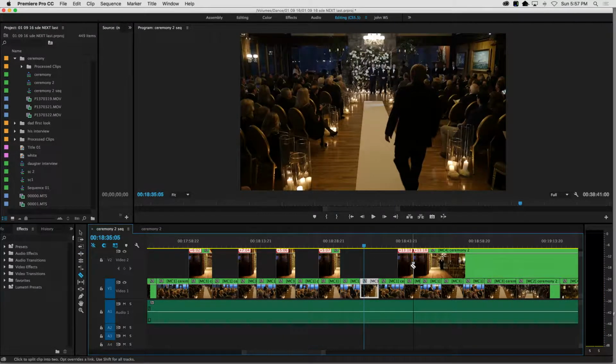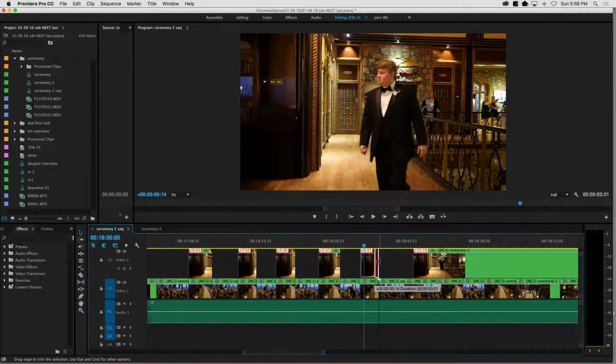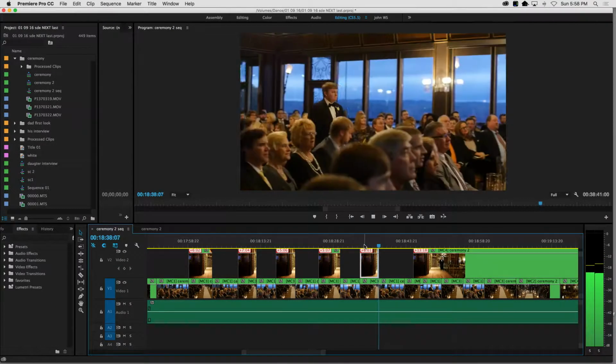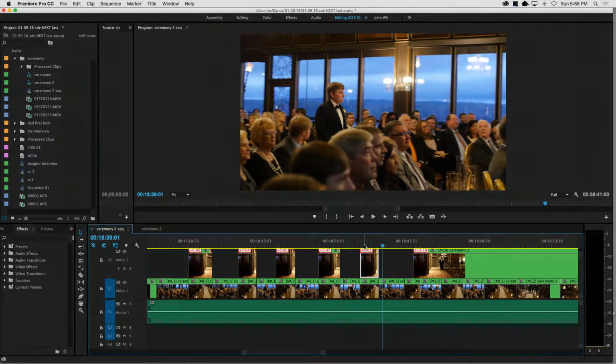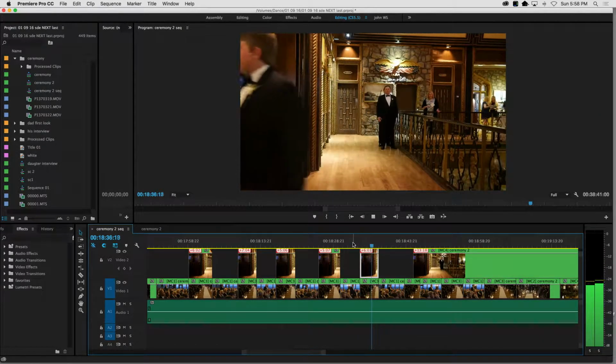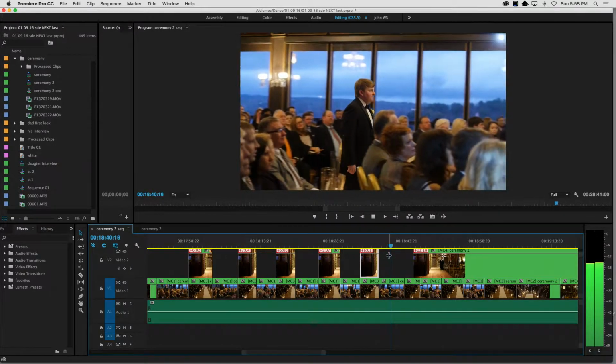We're just going to go on down the line, moving these things into place. I like to leave a little bit of tail room here after the subject walks out of frame, a couple of seconds for them to get a little bit down the aisle so it doesn't look like they jump from the back to the middle. It's still, you know,